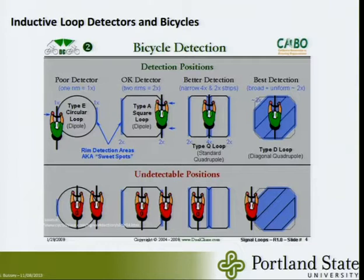The fact that these loops are placed in the roadway, typically where the vehicle is going to be traveling, not necessarily where the bike will be traveling. Bikes may travel there, but it's not as common necessarily for them to end up over that loop just based on the position of where they're installed. And these are just some pictures of different loop configurations and